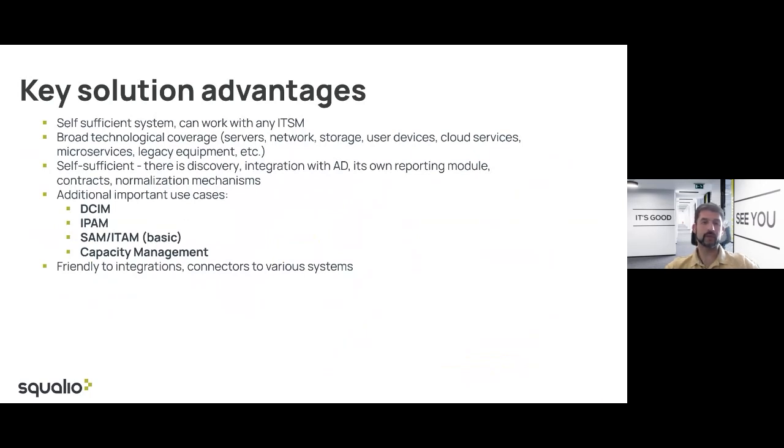So just in a few words about Device42, why do we like it and why I think the customers like it. First, it's a self-sufficient solution. It can work as a part of a bigger ITSM environment with Freshservice, or it can work with any other system. So basically, the guys build their strategy on the ability to integrate with any other ITSM systems, such as ServiceNow, such as Jira Service Management, such as